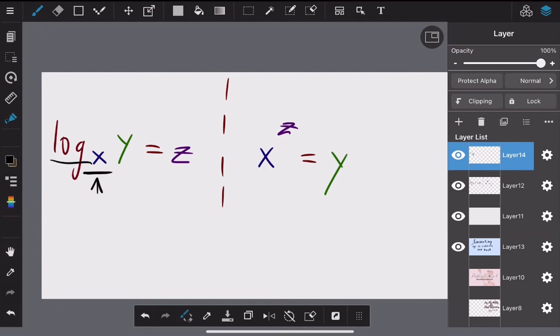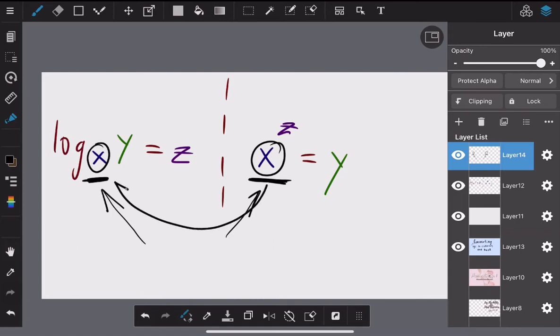And the base in an exponential equation is the number that is being raised to an exponent. And if you take a look at both equations, the base here and the base here are the same number. And that will be true regardless of whatever equation you are converting. So the base here in a logarithmic equation will become the base here when converting it to an exponential equation